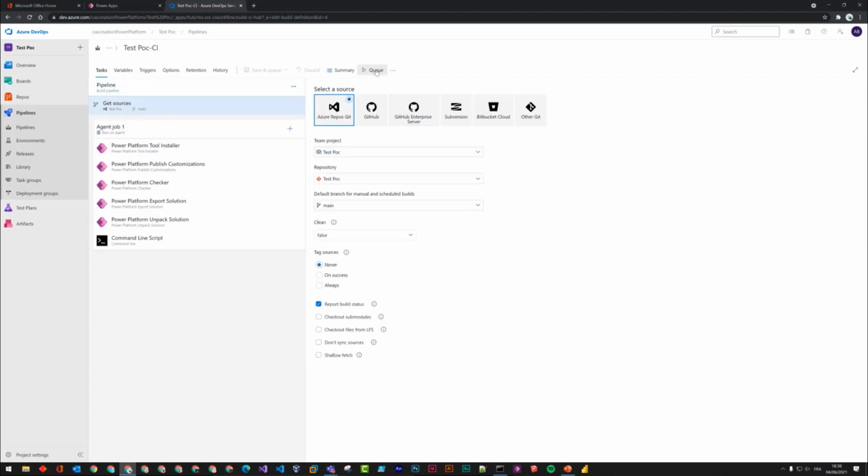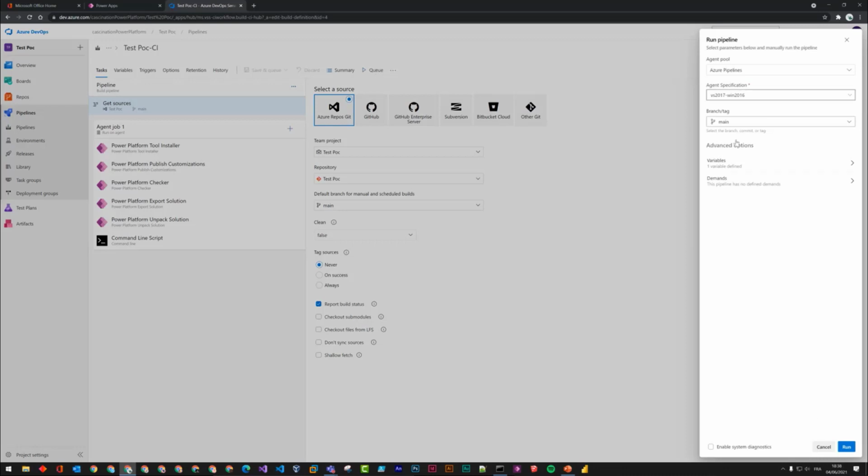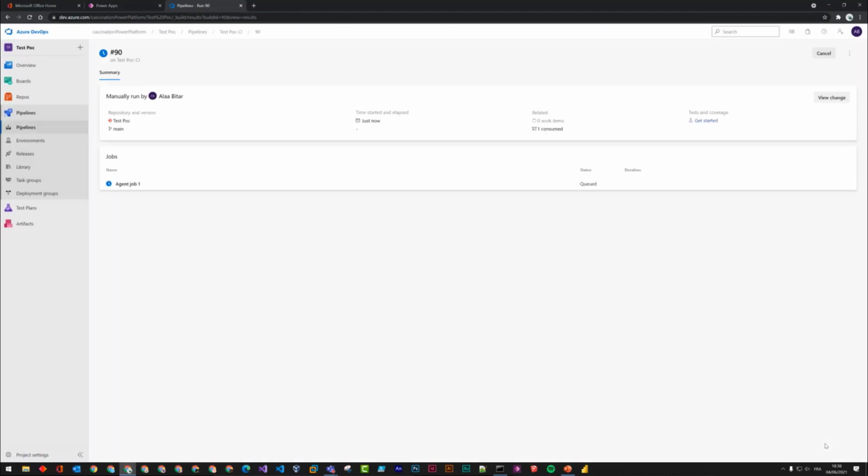So in order to trigger an Azure pipeline, super simple. You just have to click this Queue button. So here, I'm targeting the main branch, because at some point, if you have created another branch in your repository, you want to publish your code into that branch. So from here, you can choose in which branch you want to push your code, and we're just gonna click run,